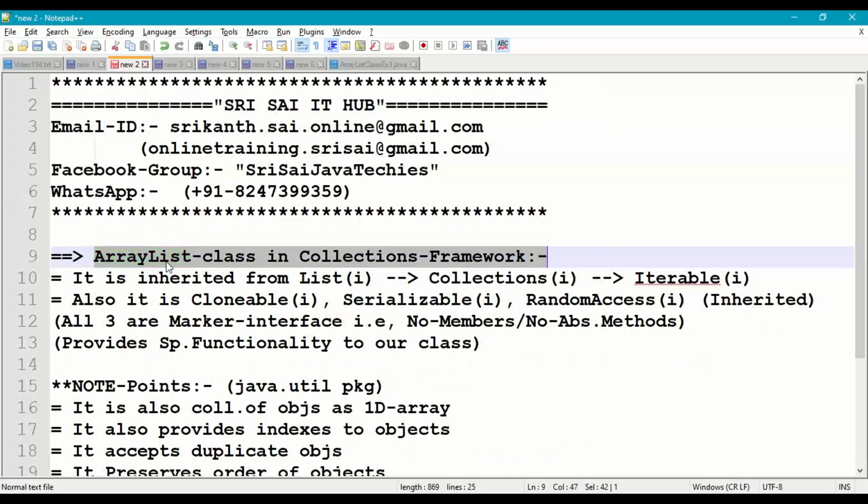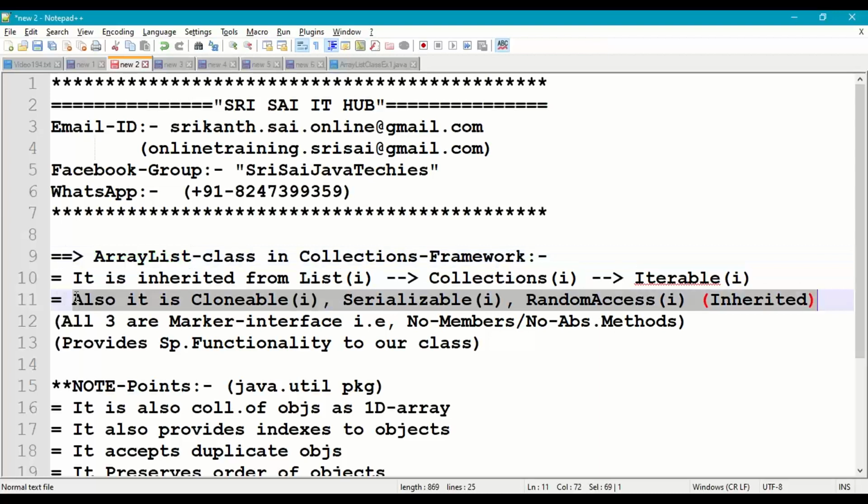So the ArrayList class in the collection framework. First of all, this class is inherited from the list collection interface, and the list interface is inherited from the collection interface, and then the collection interface is inherited from the iterable interface. So all the methods of the collection interface and list interface can be used in the ArrayList class with its object. And this class is clonable, serializable,